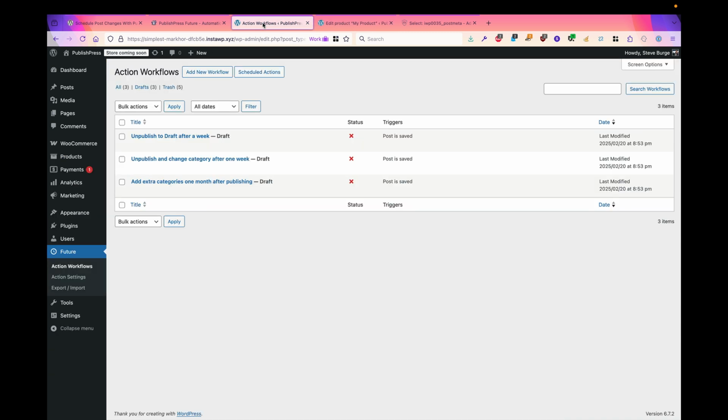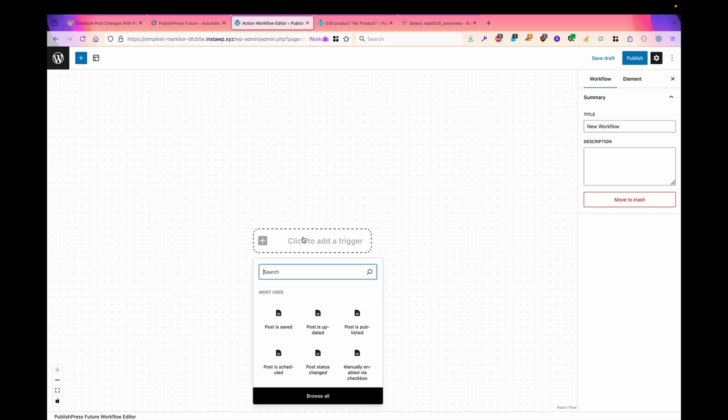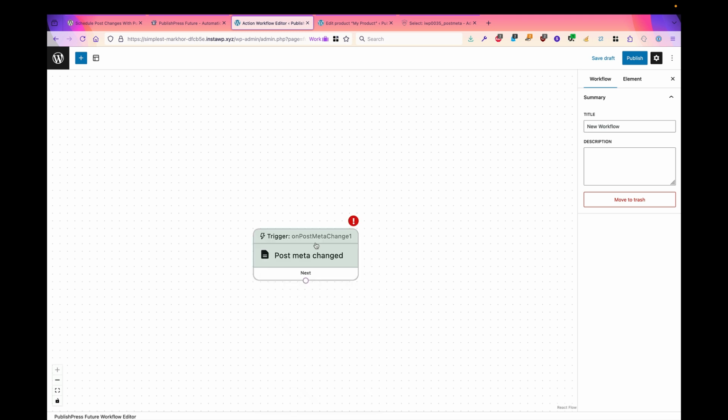So I have PublishPress Future Pro installed on this site. I'm going to go to Future and the Action Workflows area, and then I'm going to add a new workflow. And the first thing we need is a trigger, something that will start the process, that will start the changes to the site. I'm going to click on Add a New Trigger, and I'm going to choose Post Meta Changed,